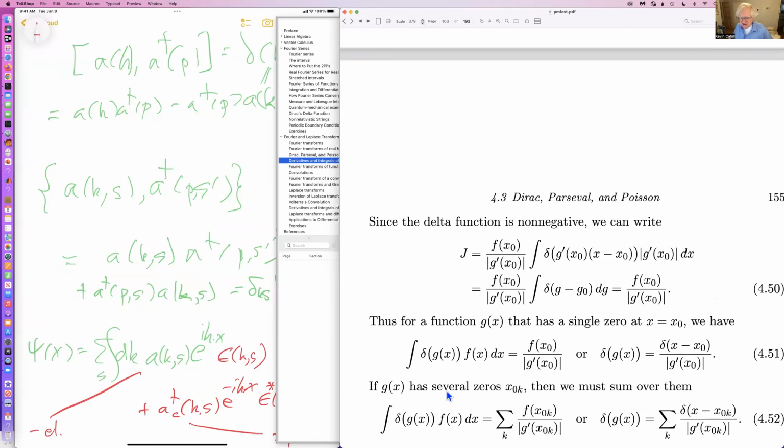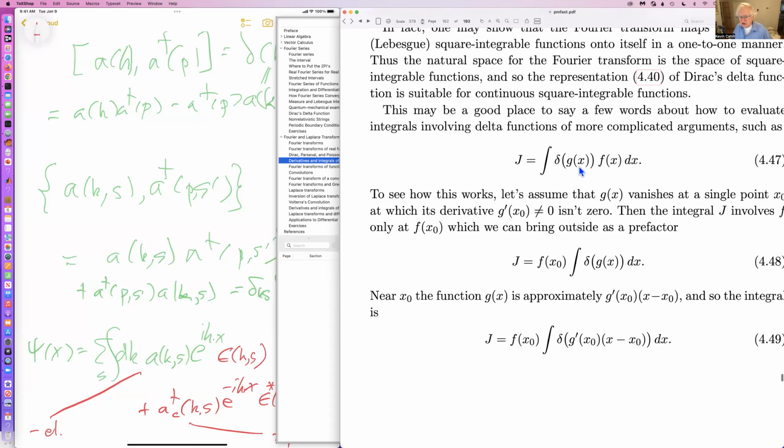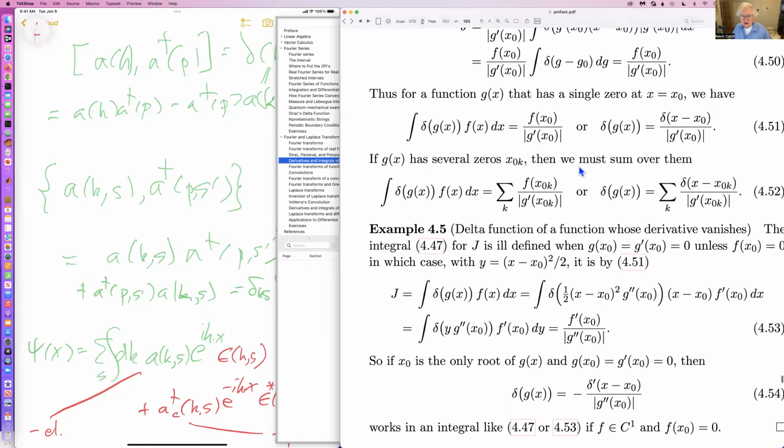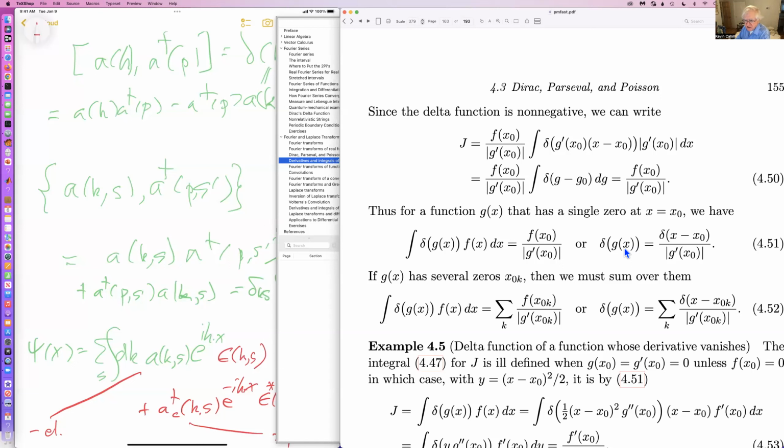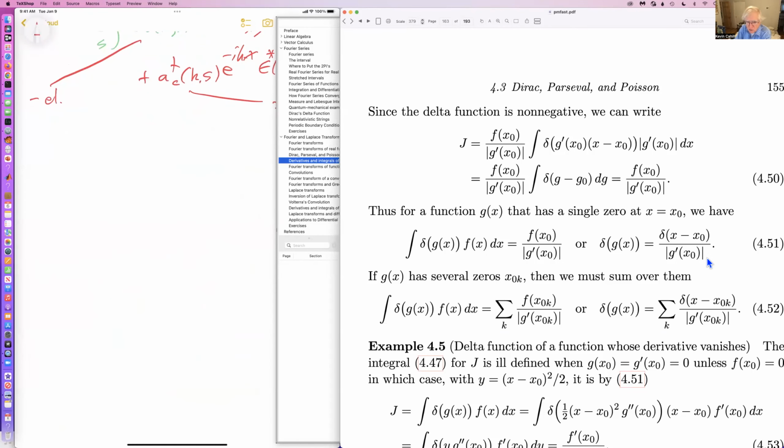So putting all this together, the original integral, which we call J, is f of x0 over g prime of x0. And so another way of saying that is that the delta function of g of x is just the delta function of x minus x0 over the absolute value of g prime of x0. And so the reason why that's